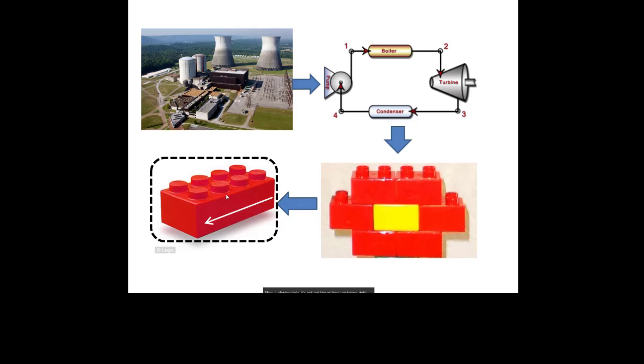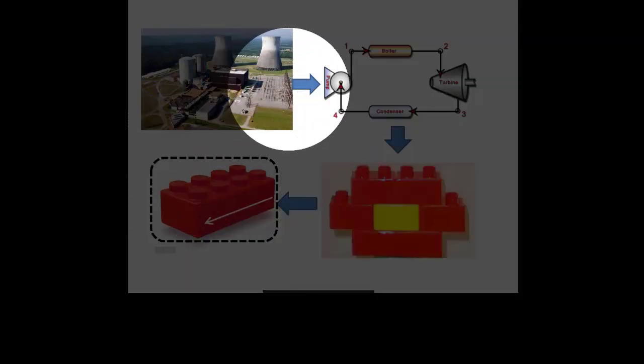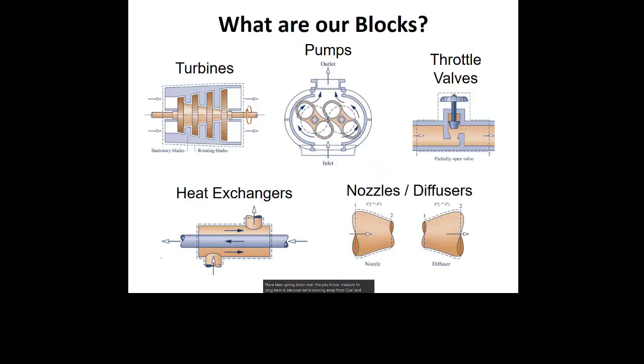But it is stuff like a nuclear or a coal-fired power plant, right? So how do we put together components like pumps, boilers, turbines, and condensers to make something like a nuclear or a coal-fired power plant? So those are ones where the working fluid is water. But a natural gas power plant, right? The reason that the carbon emissions for the U.S. have been going down over the medium to long term is because we're moving away from coal and moving towards natural gas, right?